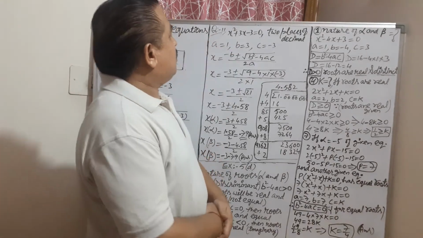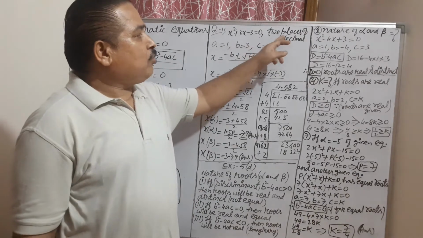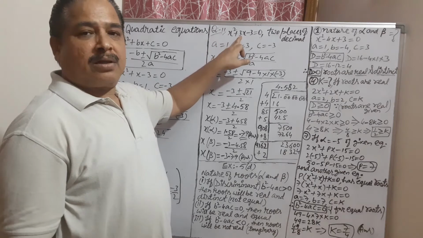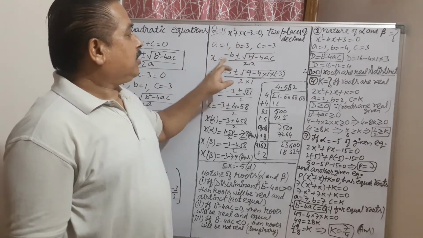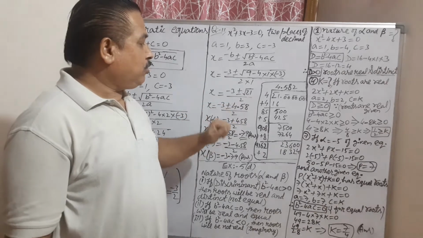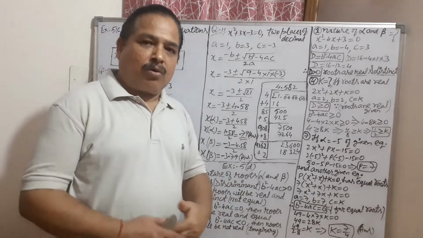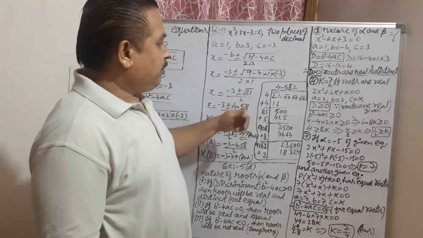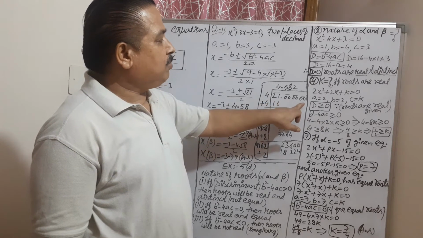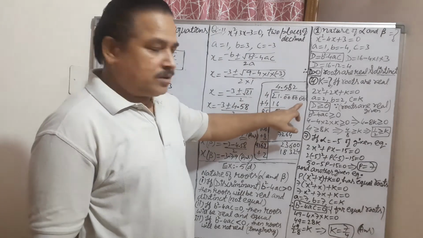Now see the next question. Question number 11. In question number 11, find the value of x to two places of decimal. Take a as 1, b as 3 and c as minus 3. Put in this formula. At last you will get minus 3 plus minus under root 21. So the root of 21 will not come as a whole number, so it will come in decimal. Find the root of 21. After 21 put a decimal, take 3 pairs of 0. They are saying two places of decimal, so you have to take one pair extra.